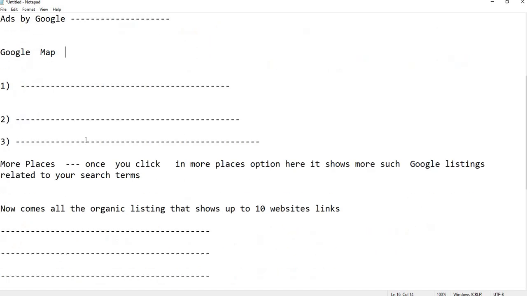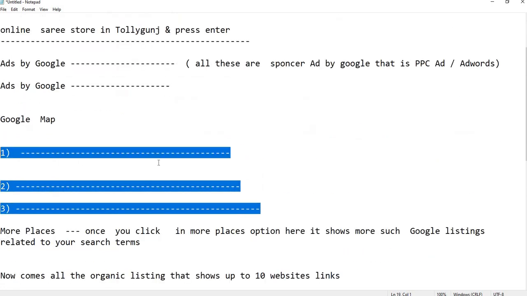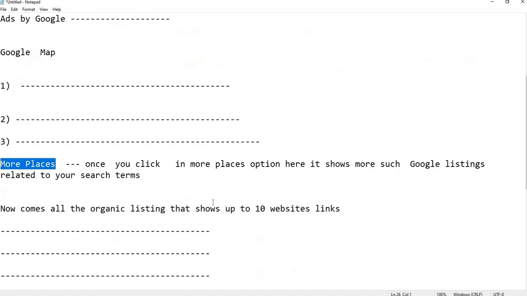Below that you will have the top 3 ranking results, that is the top 3 websites related to your search term that are listed in Google Map. And below that you will have more places. More places means once you click the more places option, it will show more Google listings related to your search term.